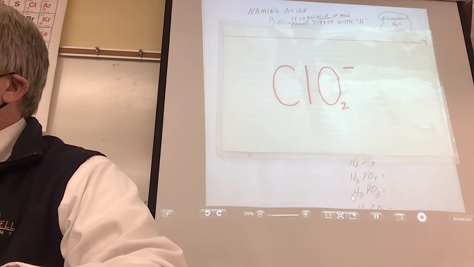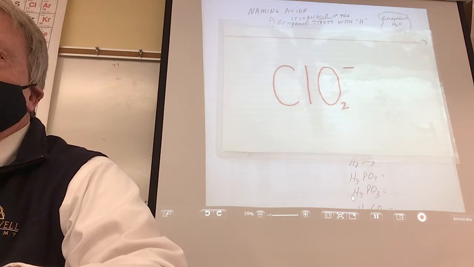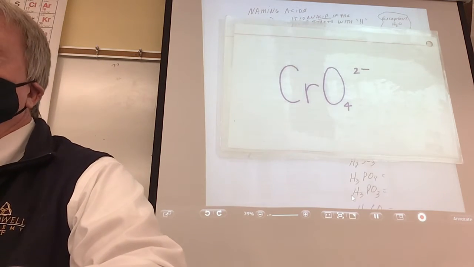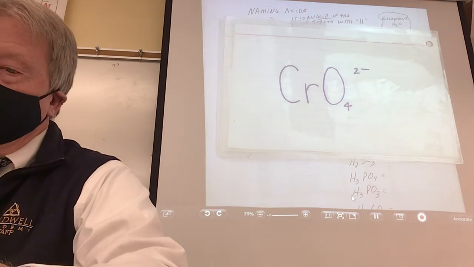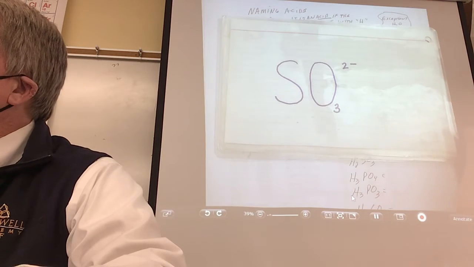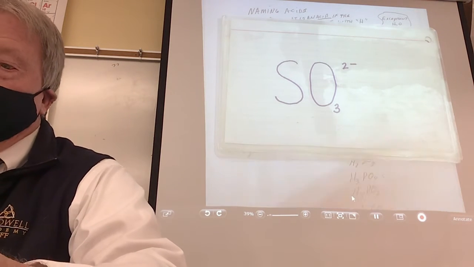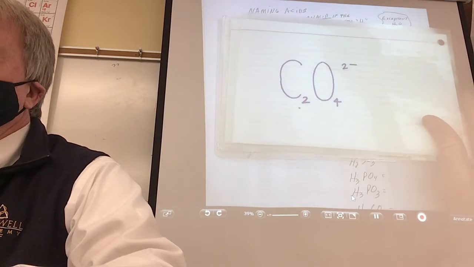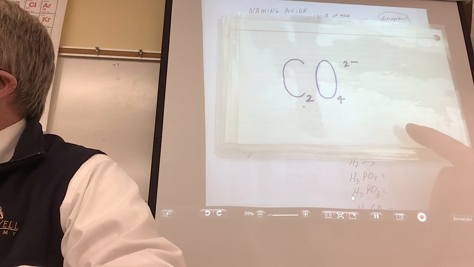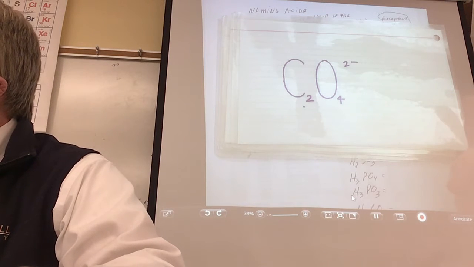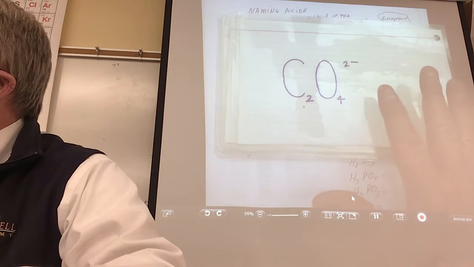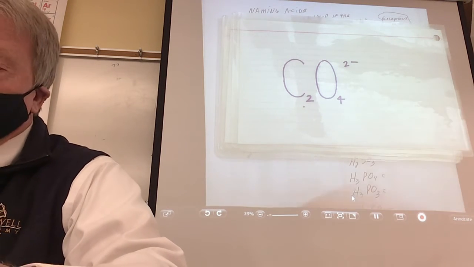Now, chlorate is ClO3. So this is what? Chlorite. It's a hard one. It has chromium in it. Chromate. Careful. Sulfate is SO4. So what's this one? Sulfite. This is hard. Did I have you do this one or not? I hate this one because there's nothing in there that reminds me of the name. Anybody know this one? Oxalate. I won't put that on the test. I might put extra credit, but I don't use that.